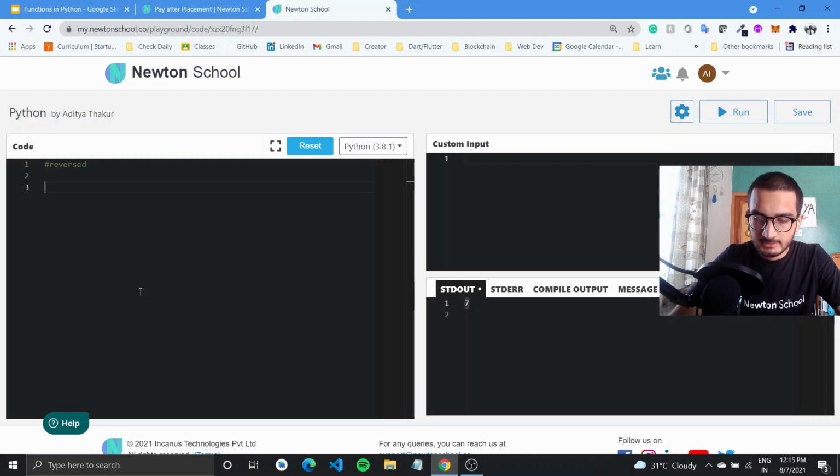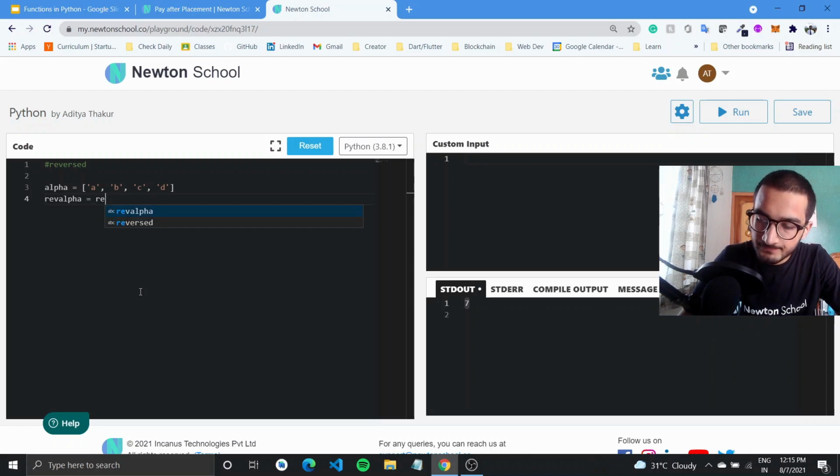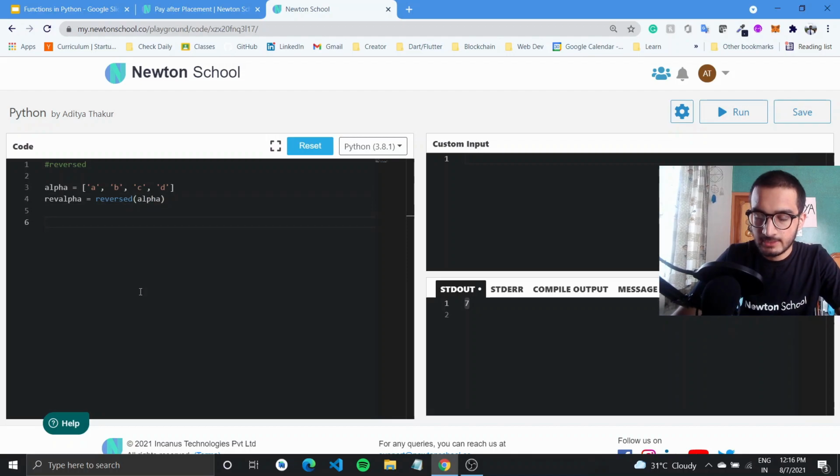Right, and there is this list called alpha, which basically has all these alphabets in it. A comma B, right? C comma D, right? So these are simple alphabets. Now what I want to do is reverse this list. So I'll create a new variable called reverse_alpha, which should have the reversed list. So I'll use the reversed function and pass in our original list to it,